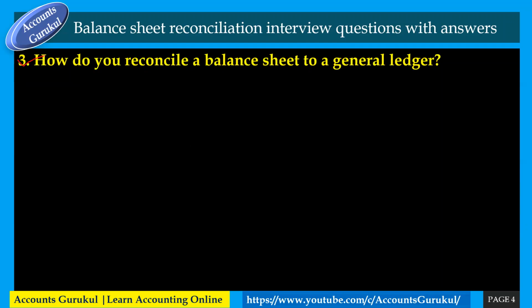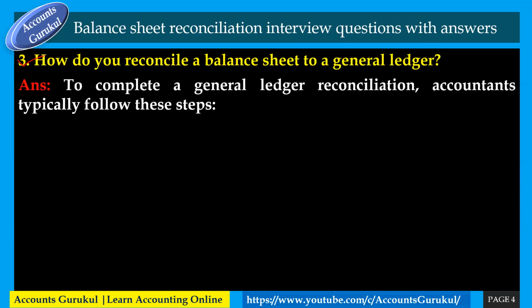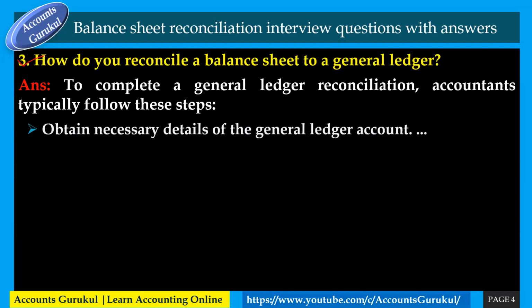How do you reconcile a balance sheet to a general ledger? How are you going to do the reconciliation of the balance sheet with the GL? To complete a general ledger reconciliation, accountants typically follow these steps.